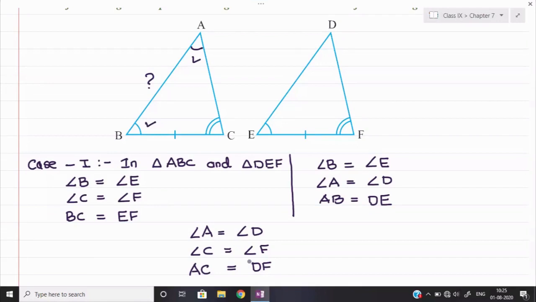So if you want to apply angle side angle, you will have either this option, option number 1, this is option number 2, and this will be option number 3. Any of the options can be applicable, meaning you can take the two angles and one included side by these three options basically. Now let us quickly see the similar theorems given to us.